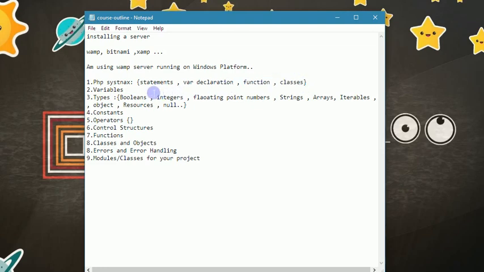We'll cover variables, what variables are and how they are used in PHP, and then we shall cover types, all these types. I'm going to mostly cover these: booleans, integers, floating point numbers, strings, arrays, and objects. I'll just touch on resources, just a little bit. Then in another series we shall talk about constants, what constants are,